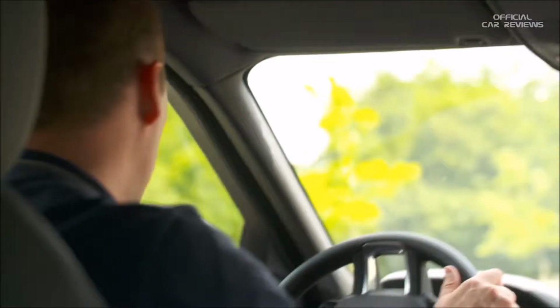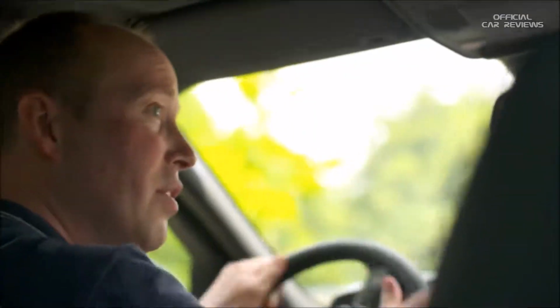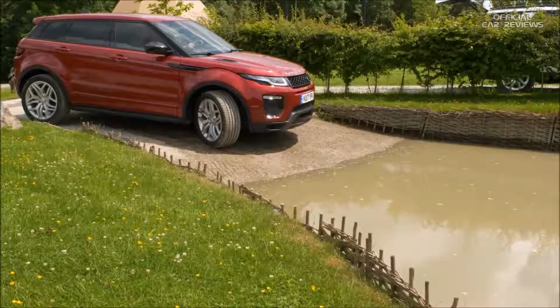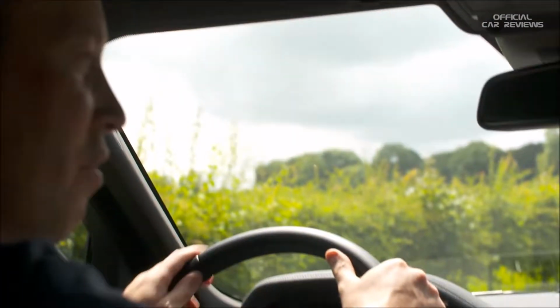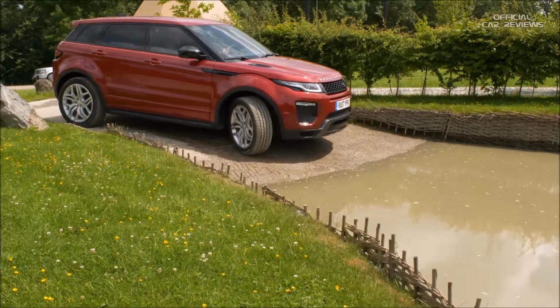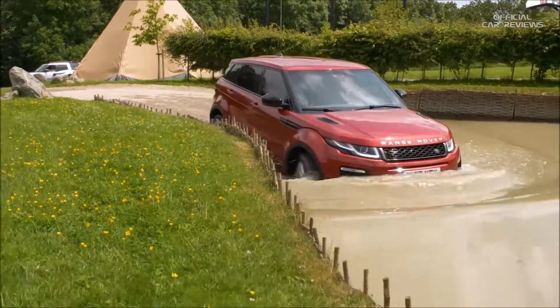I'm just allowing the car to climb through, using just a little bit of brake just to ease it through nice and slowly and comfortably so that we don't get bounced around. The water here today is around 50 centimetres, so it should show us exactly what the Evoque is capable of doing. All I need to do, feet away, lower the car in nice and slowly, and then just a little acceleration,